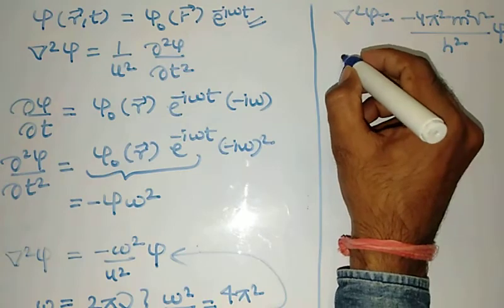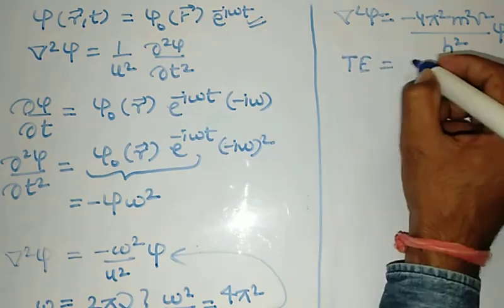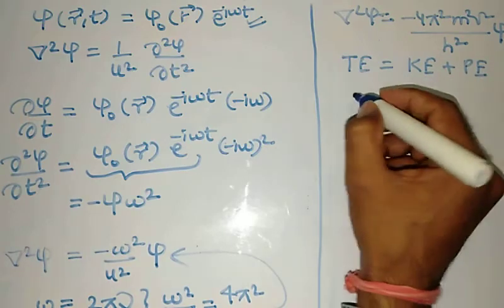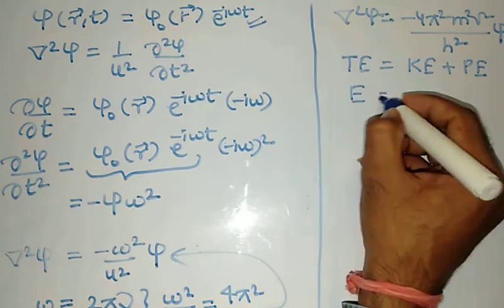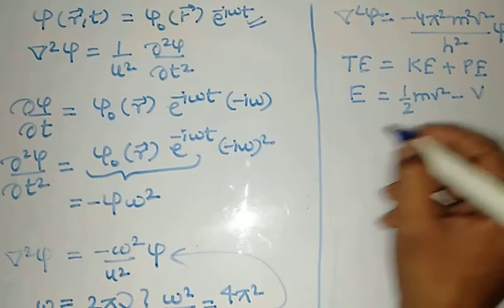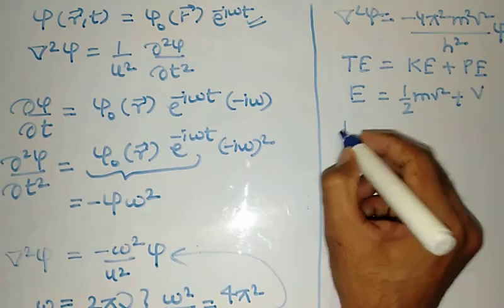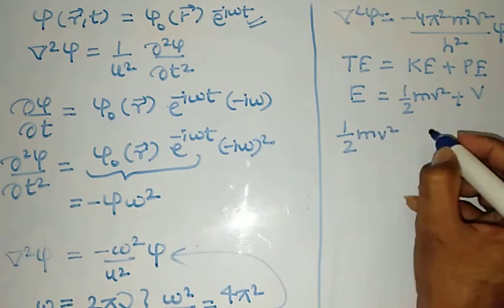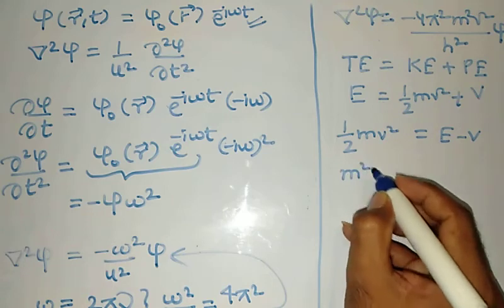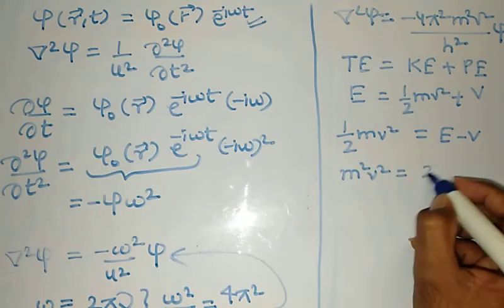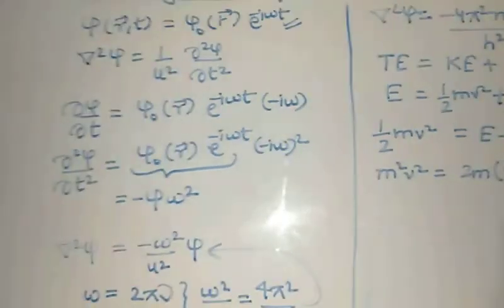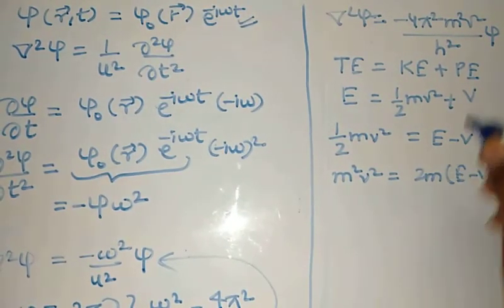Now look here, total energy is equal to kinetic energy plus potential energy. Total energy E, kinetic energy half mv square, potential energy V. So half mv square is E minus V. Now find out m square v square, exactly this one. Now again this part we will put here,